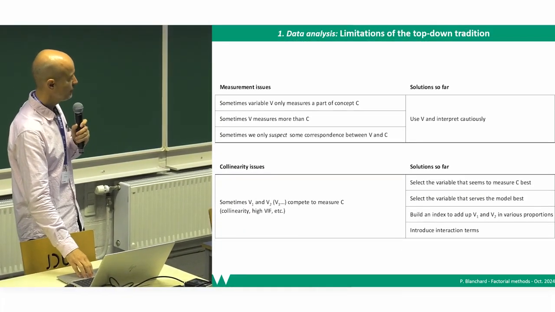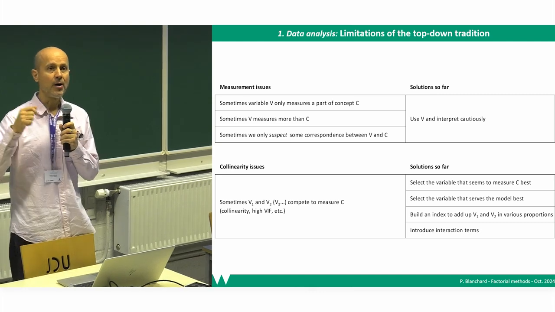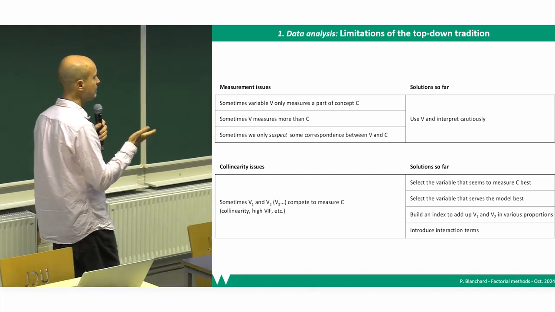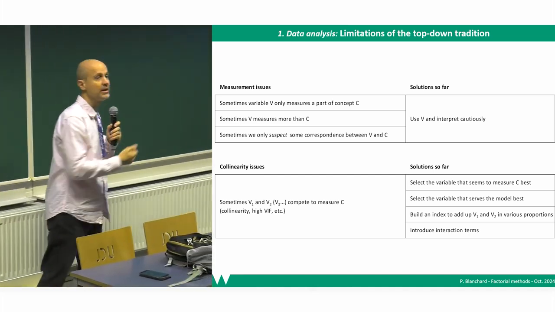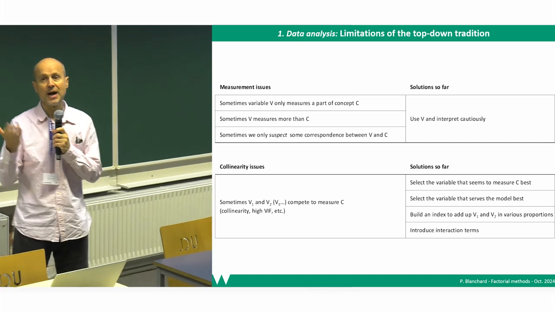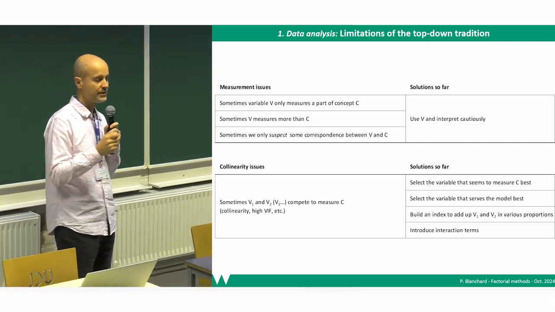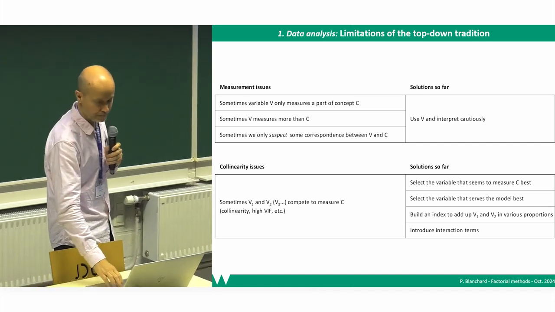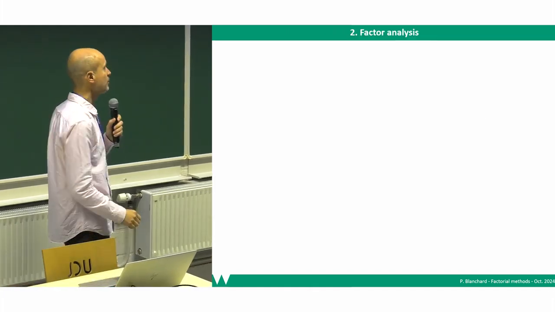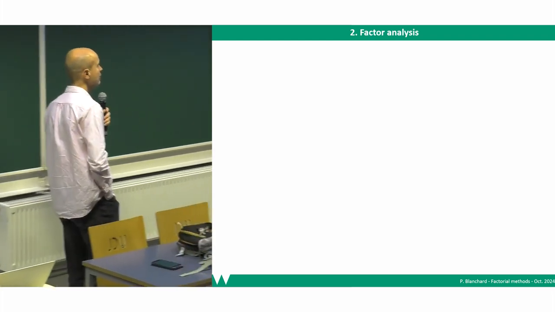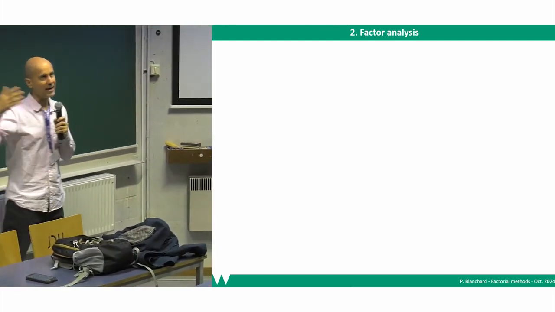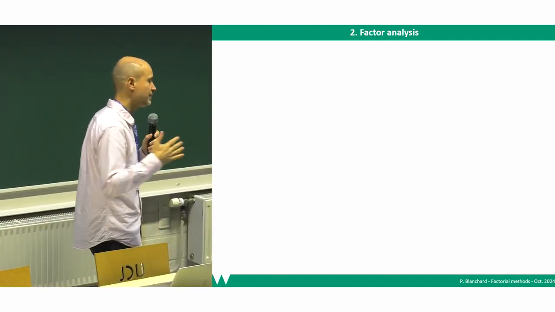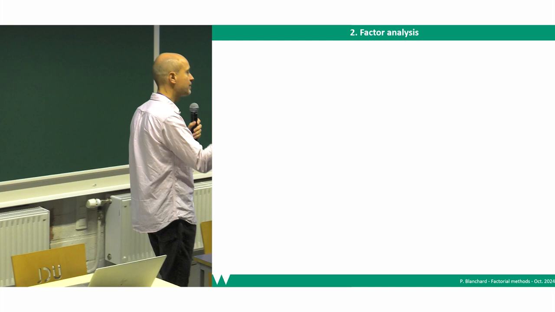These little tables tell you more practically how the search for purity is implemented with these measurement issues and collinearity issues. We spend a lot of time on that. I'm not saying variable-centered reasoning is wrong. I'm saying it's not giving you the whole picture often, right? So now I come to the first method I wanted to refer to. It's not new. It's not something that came after or in reaction to. No, they developed in parallel, but they took sometimes some fairly different path and did not meet as often as they could have.